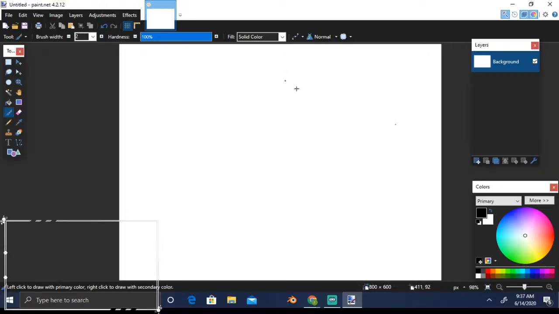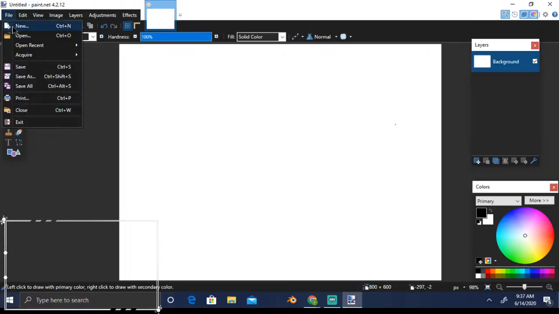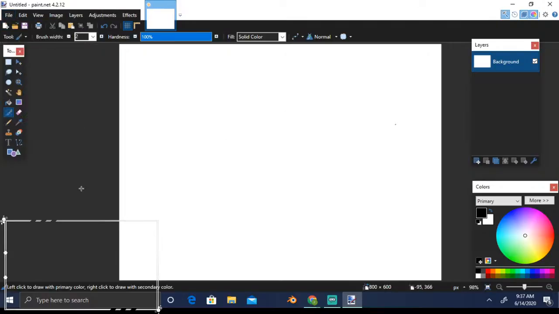By default, it opened this canvas. If not, you can always go and select a new one. Okay. So like Photoshop, paint.net also provides a concept of layers. So what does layer mean? What we see here is a canvas with a white background, and just below here you can see add new layers.